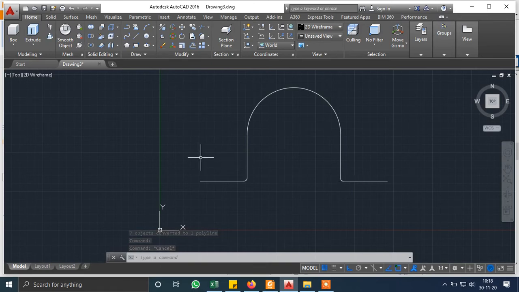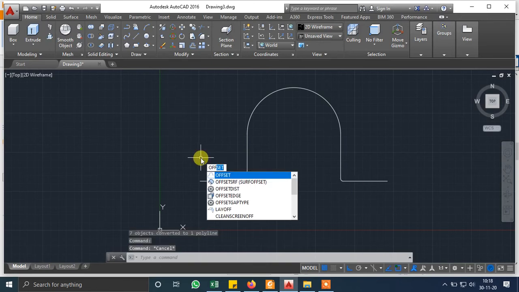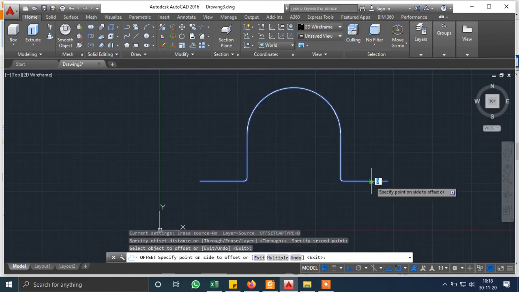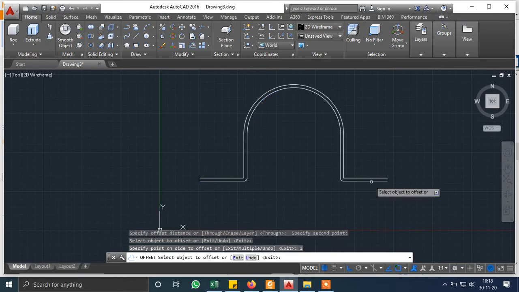Then after this use offset in order to create the given thickness. It's a 1 mm offset. Select through distance, then the offset distance should be 1 mm. Automatically this 1 mm offset has been formed.